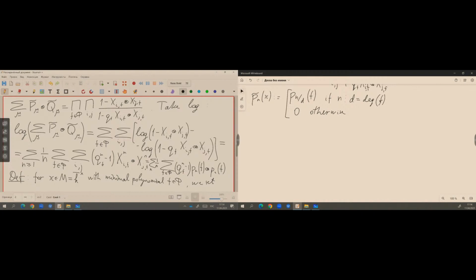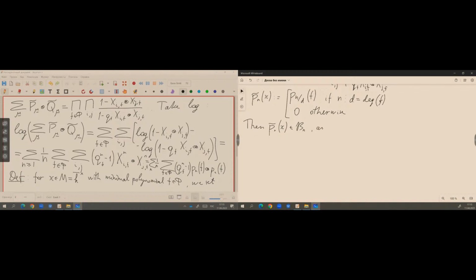So then this function lies in Bn, in our symmetric functions,